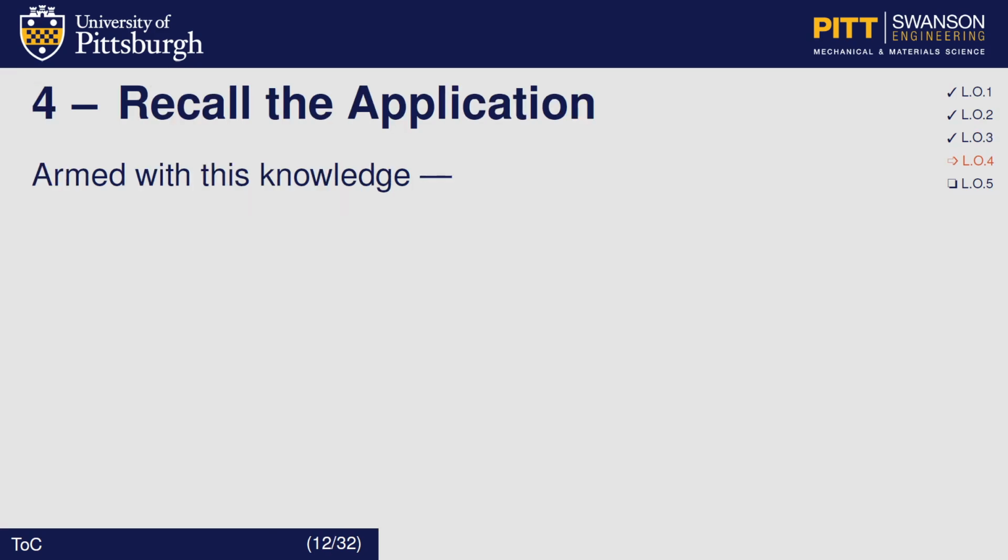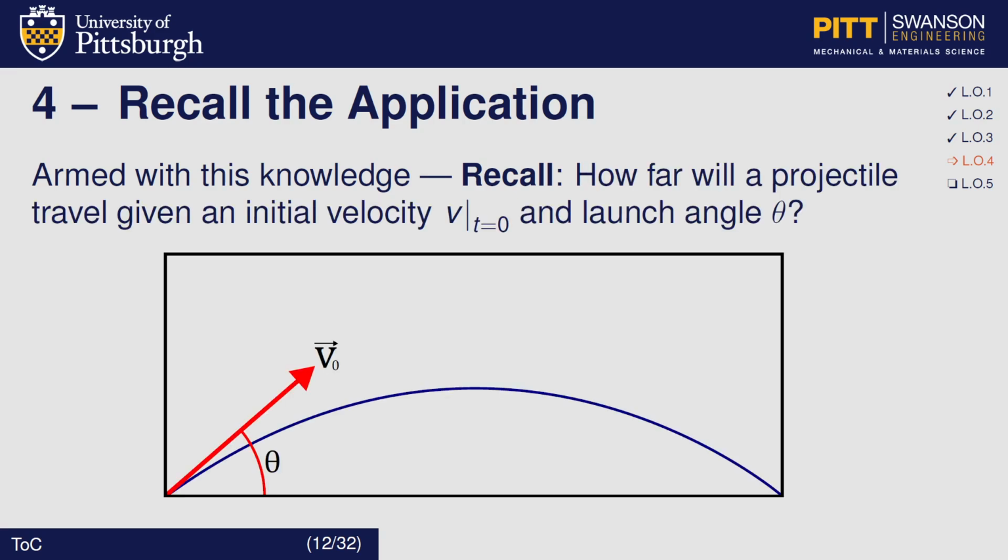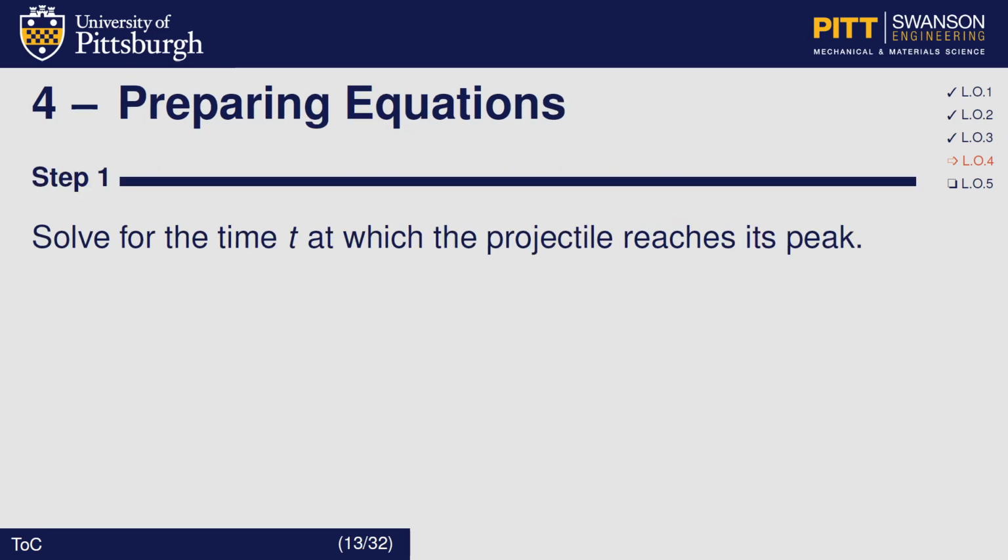Armed with this knowledge, we can tackle the problem that is posed at the start of this lecture. Recall, how far will a projectile travel given an initial velocity and launch angle? Step 1 is to solve for the time t at which the projectile reaches its peak. As we discussed earlier, we know that in this equation v sub y is 0, so we can algebraically rearrange